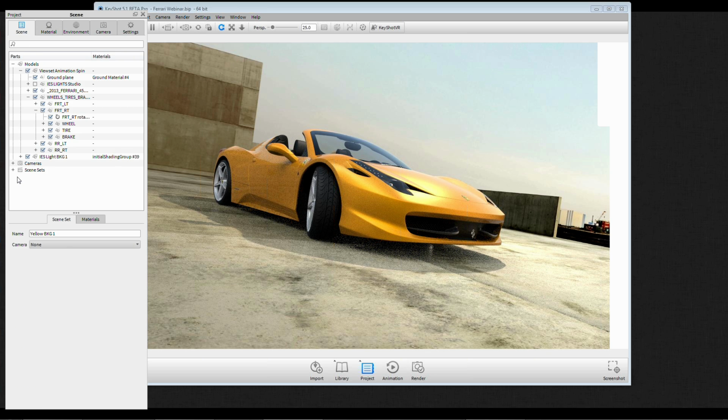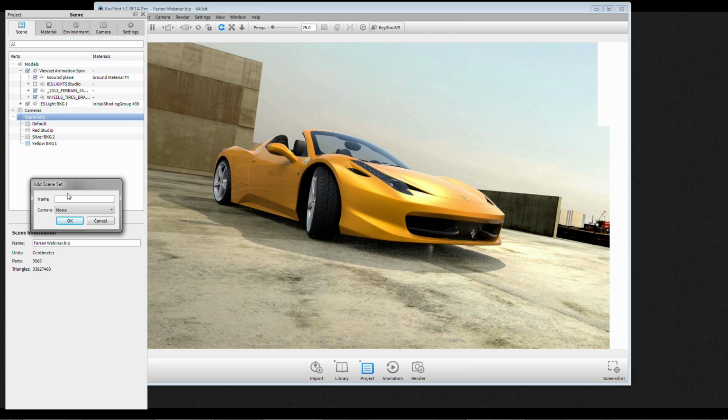Now, what scene sets do is record what you have on your screen at the time you made the scene set. So let's do a little experiment here. Right now I have a yellow Ferrari. I'm going to make a new scene set. You click on scene sets here, right click and say add scene set. We'll call it